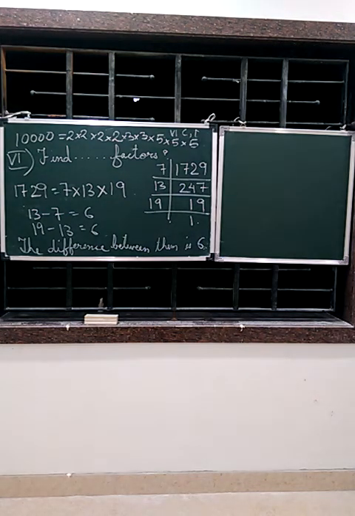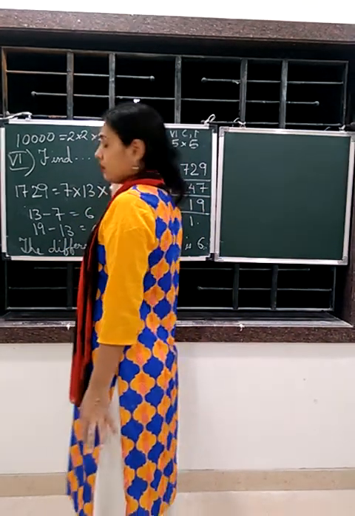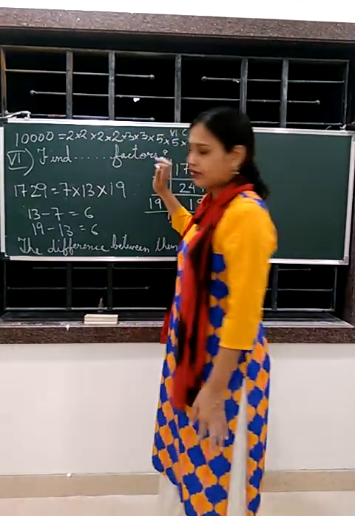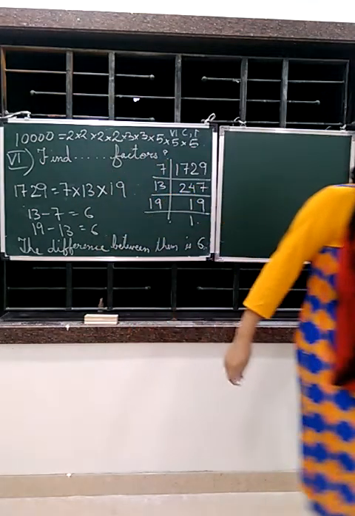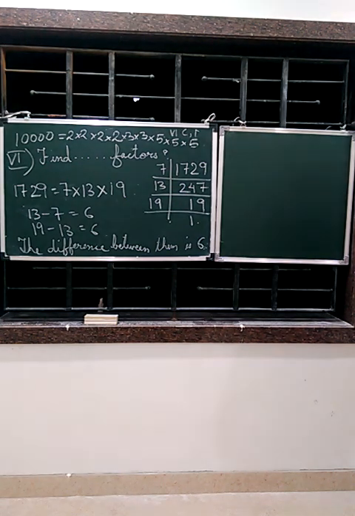So see that you complete your work. Whatever has to be marked in the book, please mark in the book. This question number 6 has to be done in copy, children. There is no place in the book. So 5th and 6th we have done in copy. 4th, 5th and 6th we have done in copy, and the rest we have done in book.